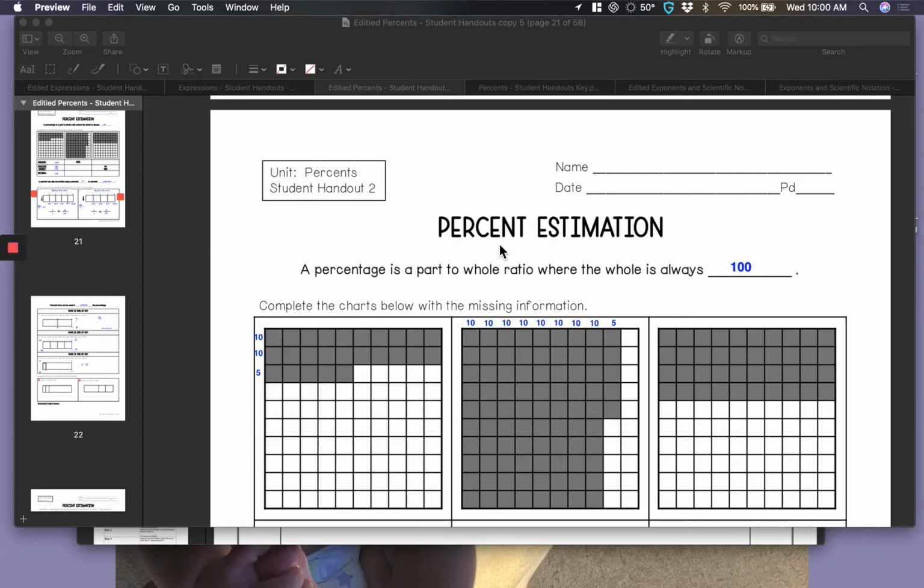Hello everybody. Today we have percent estimation. A percentage is a part to a whole ratio where the whole is always 100. Here are some examples, and we're going to use these examples to complete the charts below with the missing